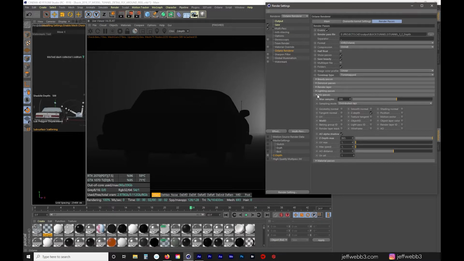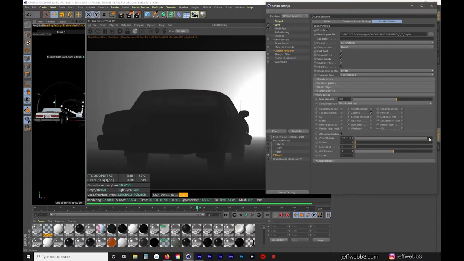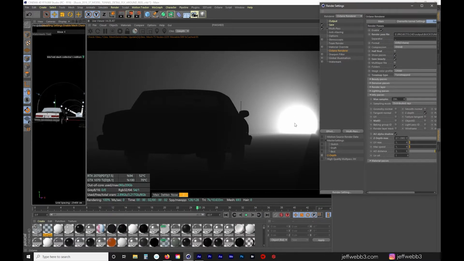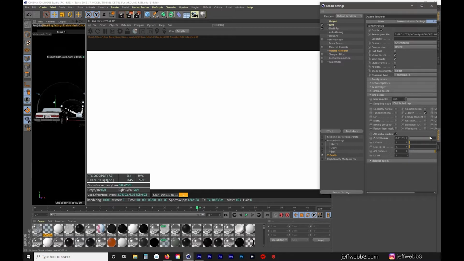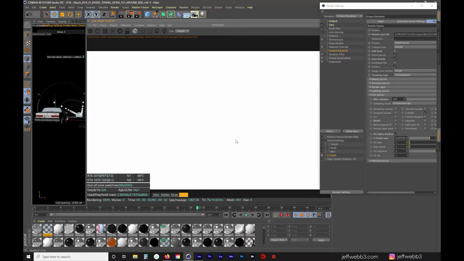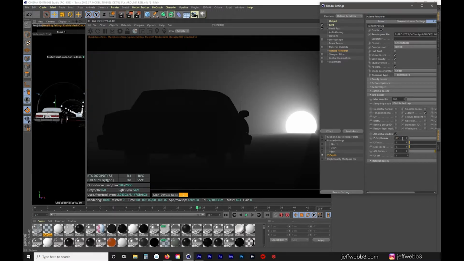And that info pass is down here. You want to have Z depth checked. 200 samples is what I have that set for Z depth. If you click here, and then if you use this slider for Z depth max, I really wanted to expose that area so you can see how that works. For some reason, when you're on the main, it doesn't show it, but if you're on Z depth and you have to be on this Z depth as well, it'll show it. But I think 863 was where I landed on that one. So I'm going to type that in. Boom. So that area is going to be pretty much completely blown out,